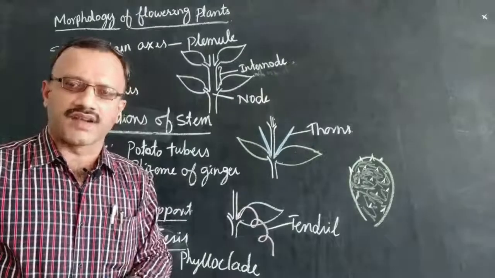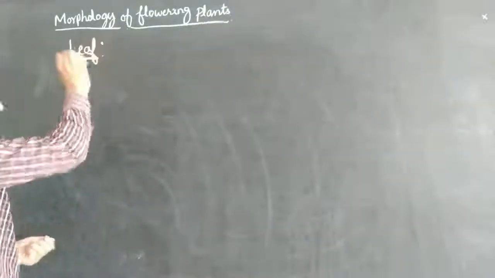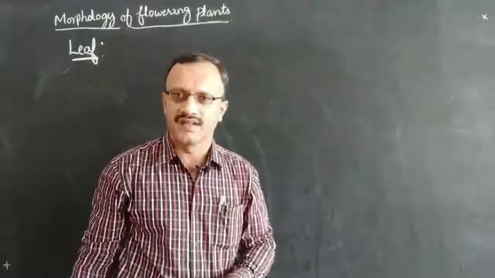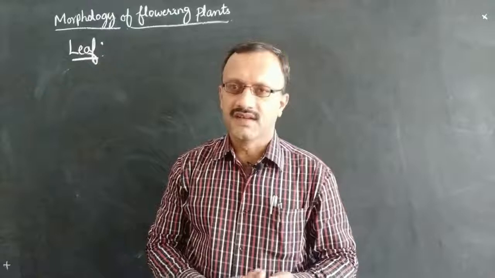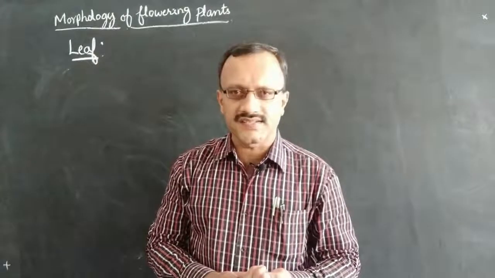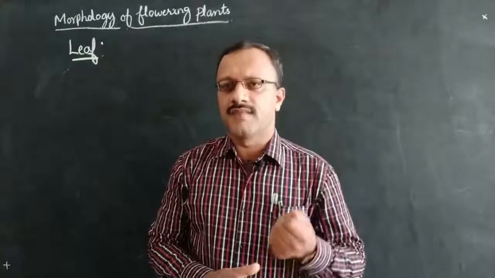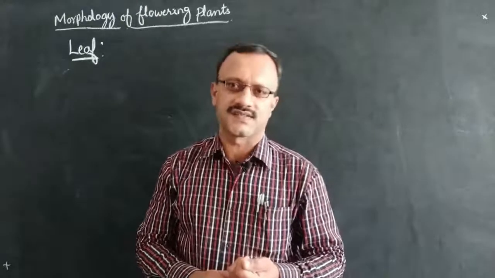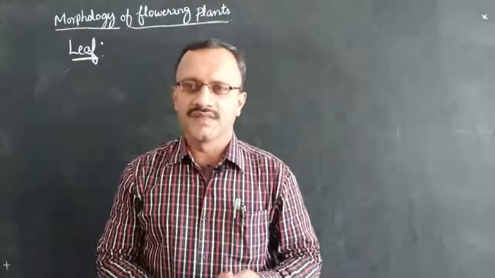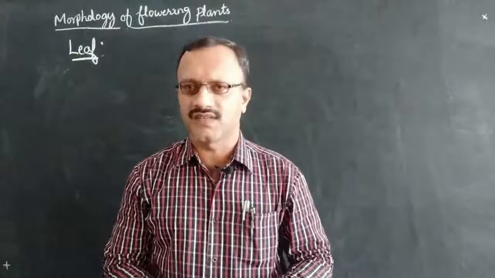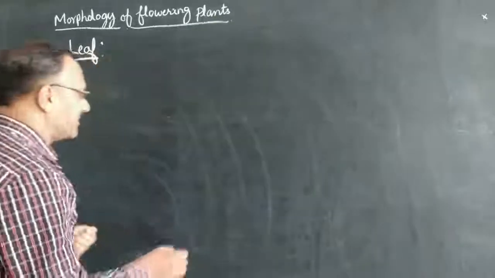What is a leaf, and what are the different types of leaf and the parts of a leaf, we'll discuss. Leaves are the lateral appendages attaching to the stem at the nodal region, which are the major source for photosynthesis. The leaves are commonly called the kitchen house of the plant body, which performs the function of photosynthesis. A typical leaf shows three different regions, that is